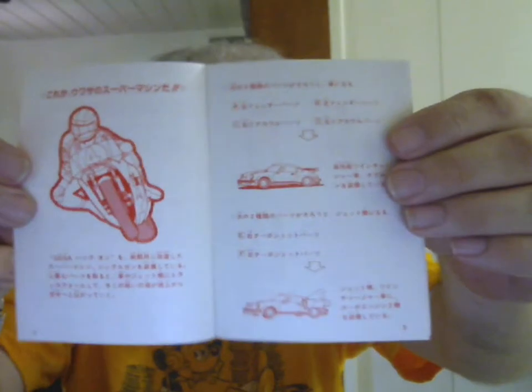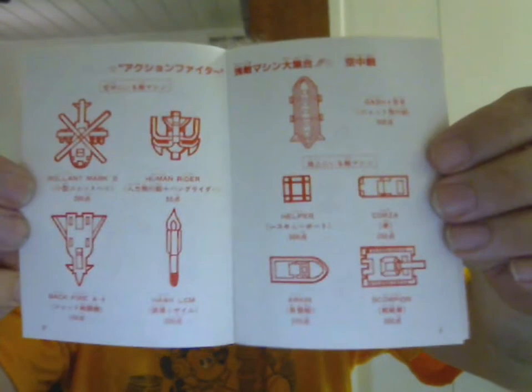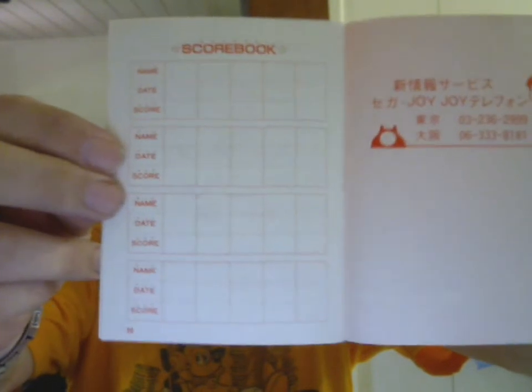I won't go through the whole manual, just give you an idea of what's in there. In the back, there is a section called Scoreboard, and unfortunately, the owner I bought this from never entered in any data. I hate that. I really do. Okay,